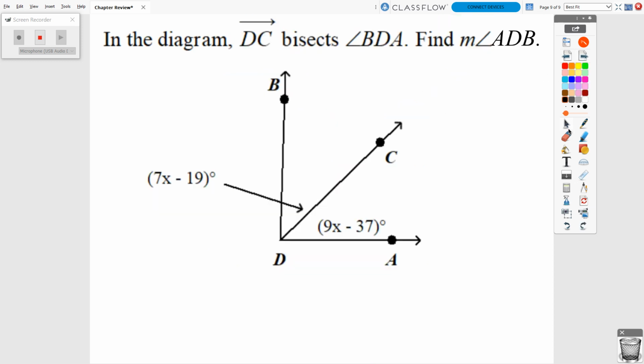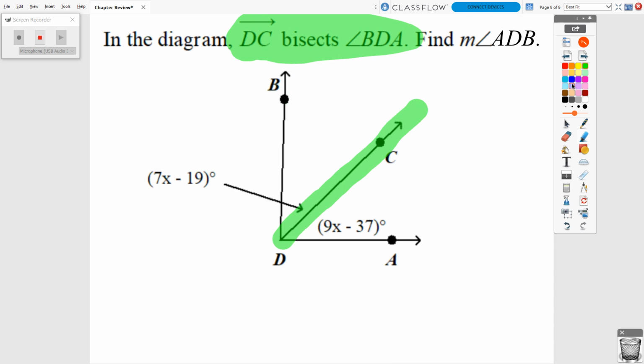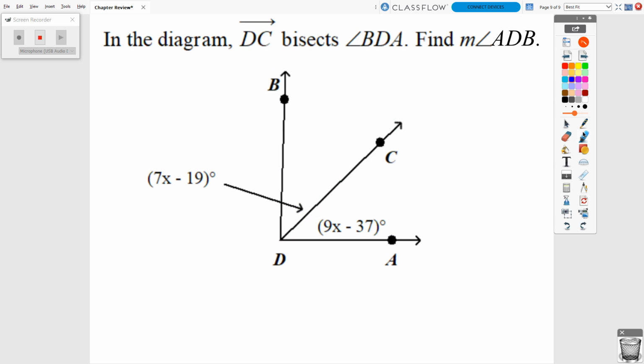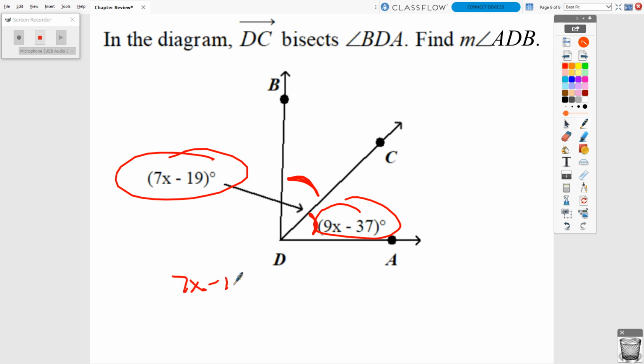All right, last problem. In the diagram. Ooh, now we're told that something's being bisected. Ray DC bisects angle D or BDA. So that is telling us that these two smaller angles, we can put those congruent angle markings on there, those arc marks. So now that's telling us that this 7x minus 19 for this angle BDC is going to be the same algebraically as this 9x minus 37 degree angle CDA. So now I can set those equal to each other